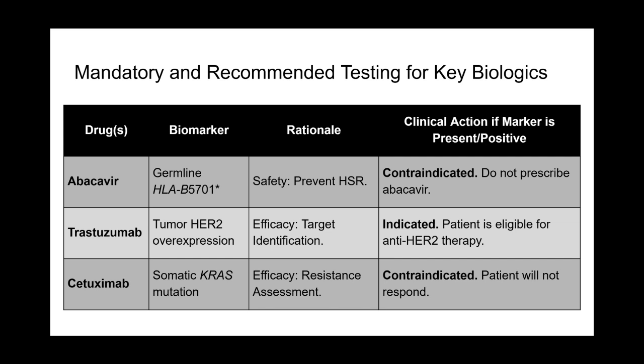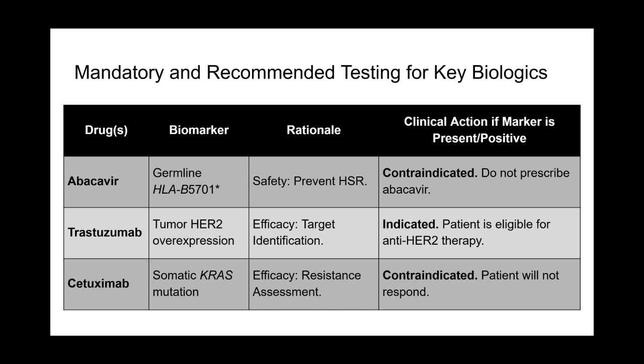As a result, screening for the HLA-B*5701 allele has become the standard of care worldwide before starting abacavir therapy. If a patient's test result is positive, indicating the presence of HLA-B*5701, the use of abacavir is strictly contraindicated. This critical information is permanently recorded in the patient's medical record as a drug allergy, ensuring that it is considered